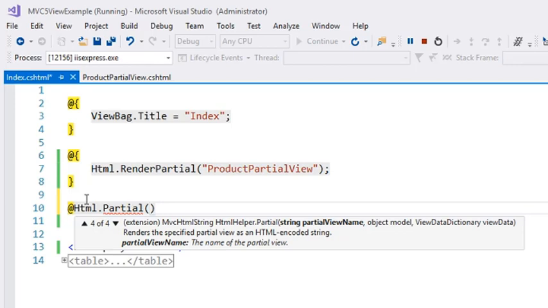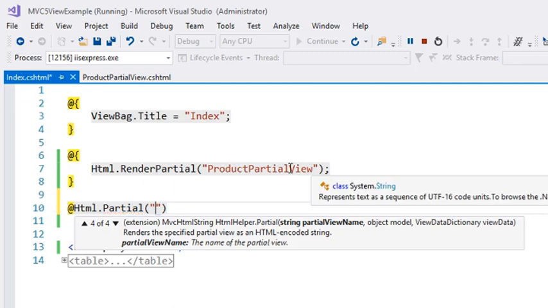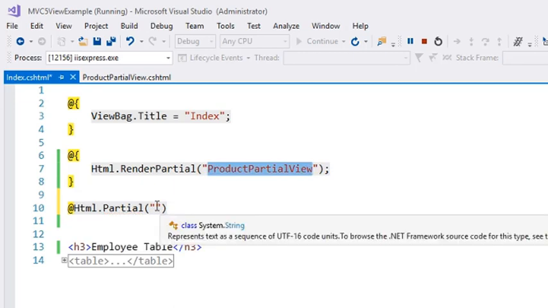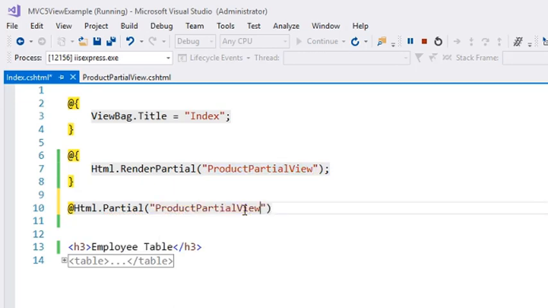So we will provide the view name. We can use the same view name here also, or